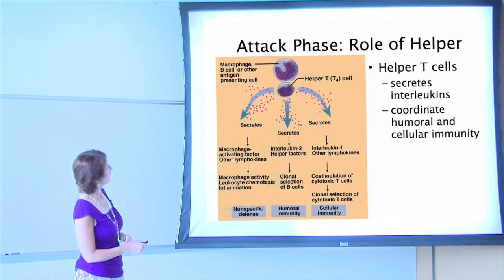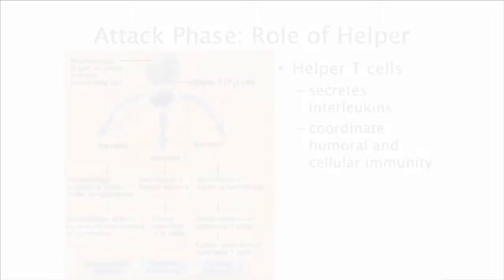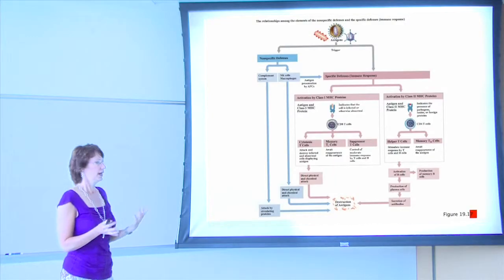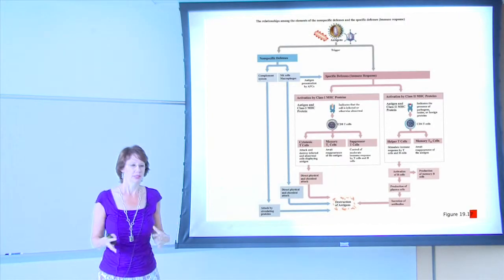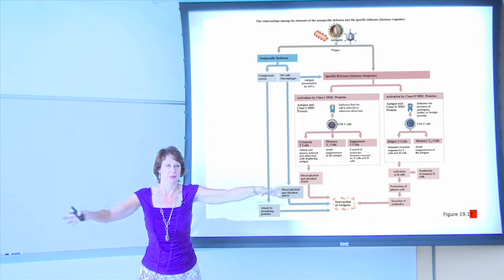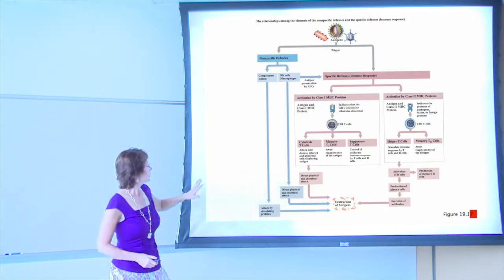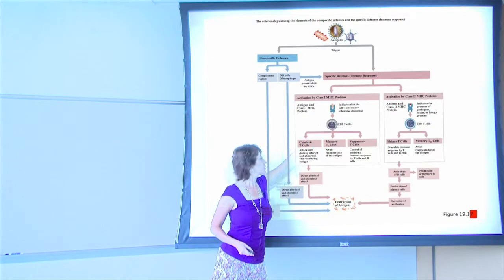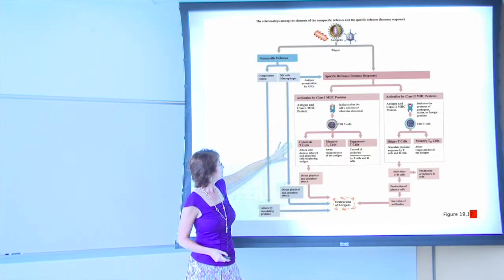So here it's showing you the helper T cells release factors that trigger macrophages and inflammation. It releases factors that cause B cells to start expanding, and it triggers more T cells to get in there and kill things. So helper T cells are kind of like the generals in the army getting everybody involved in the battle. So from the activated T cell that has found the antigen it was made against, you now have cytotoxic